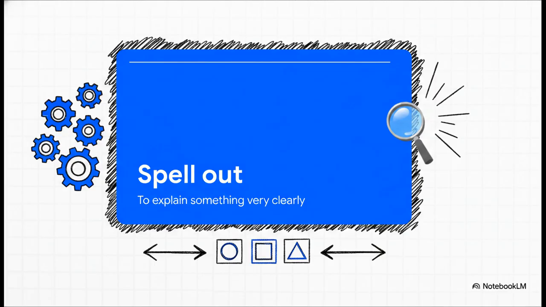Moving right along to our next term, and I want you to pay close attention to the sheer authority of this phrase, spell out. To spell out means to explain something very clearly. Because sometimes simply pointing something out just isn't enough to get the job done. You literally have to spell it out. Imagine speaking with such sharp precision and absolute clarity that there is zero room for misunderstanding or debate from your rivals. You are laying out the unvarnished facts step by step. Just like physically spelling a word letter by letter, spelling out an idea means breaking a massive, complex concept down into its most undeniable fundamental pieces.